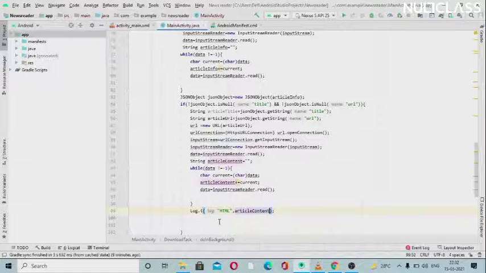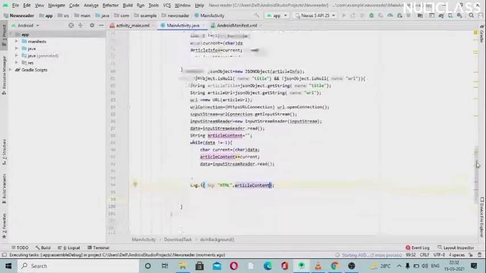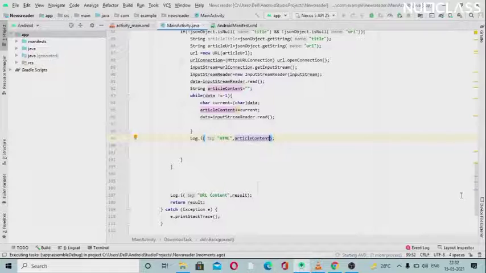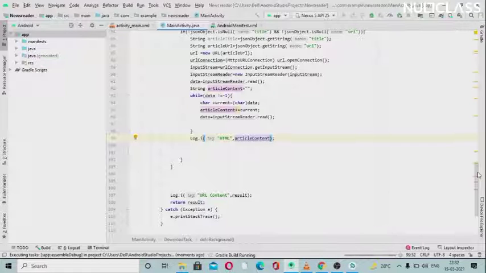Okay, so I think this is fine. Now we should give it a run. This will be the last thing we did to get the information from the internet. Now we will remove all this log from the next part, and we will just focus on the database part, as we will soon be finishing this app.